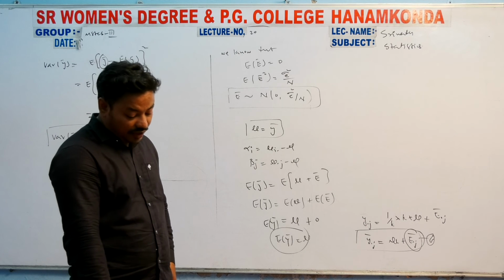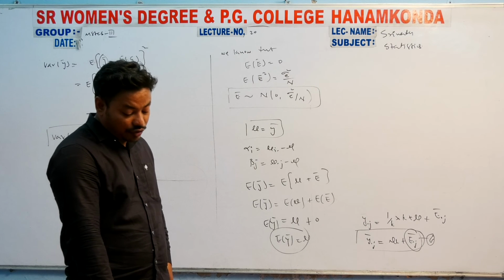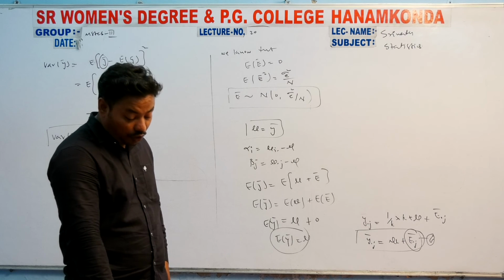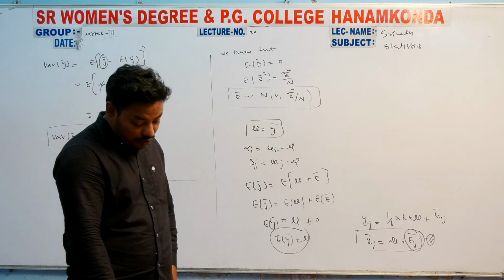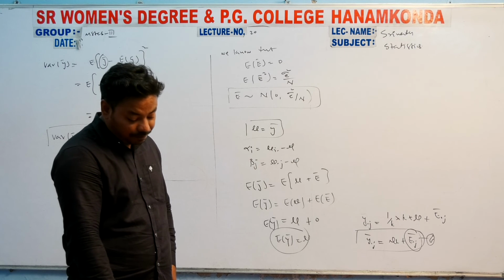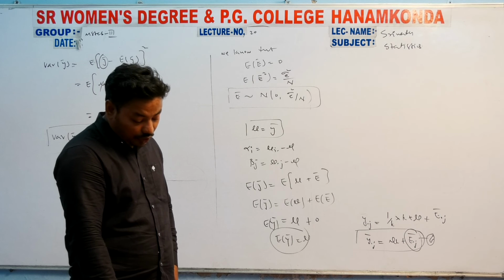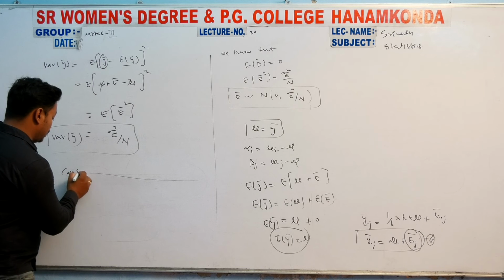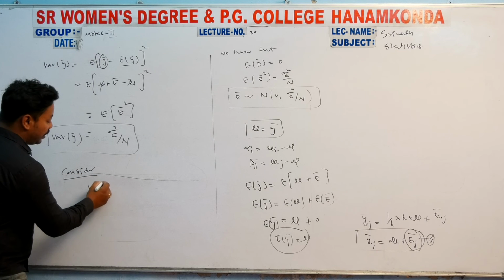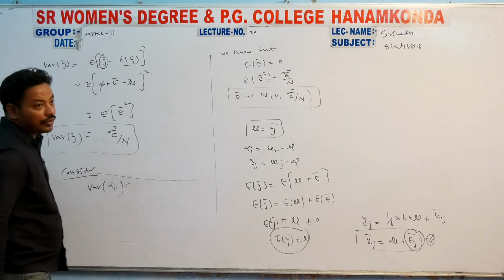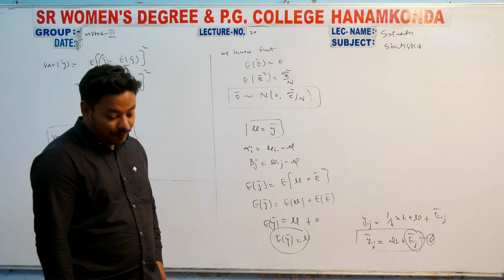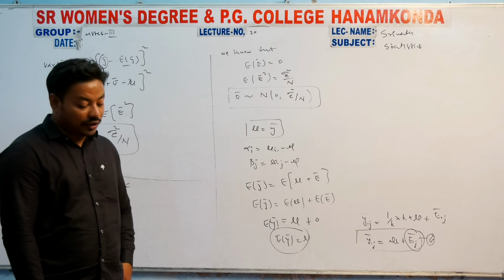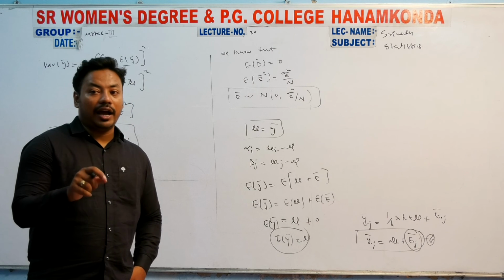Consider variance of alpha i dot. We know that variance of yi dot bar minus y bar is the formula. And then also variance of beta dot j. Here we do not have variance of xi value. Consider variance of alpha i dot value. There is a mistake in the notes, correct it. You wrote variance of xi, there it is not xi, it is variance of alpha i dot, that means variance of yi dot bar.